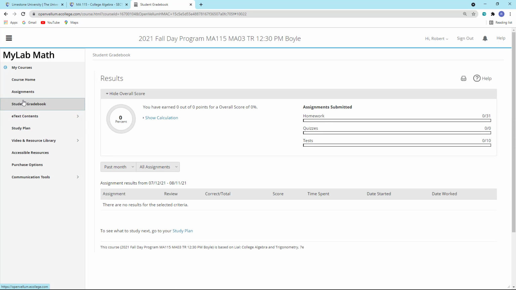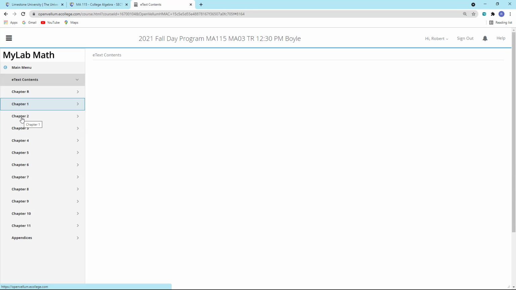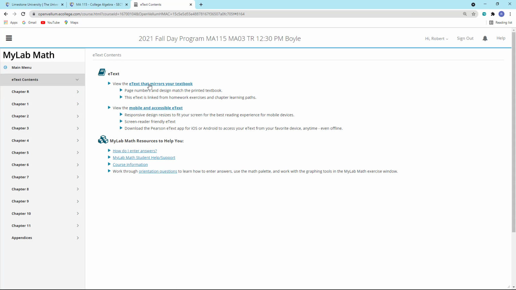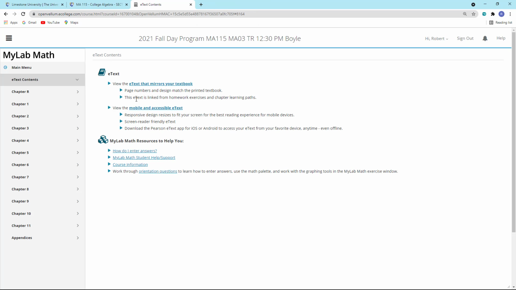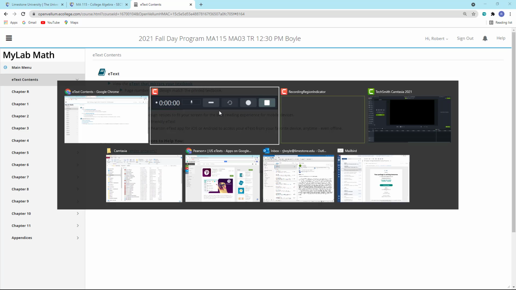And the next one gives us access to our ebook. You can either view the ebook that mirrors the textbook. You can click on this, but this really won't take you anywhere, which basically implies there's not yet a mobile accessible ebook. However, you can access your ebook from either your phone or your tablet, if you have one, through